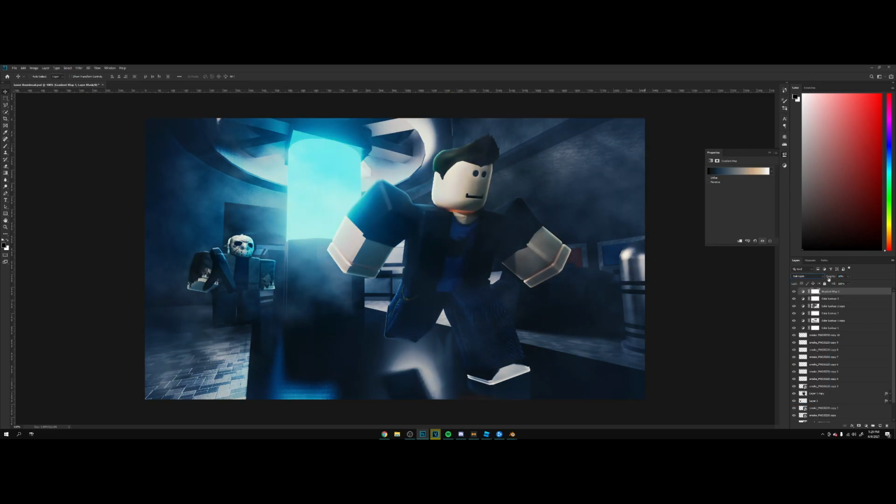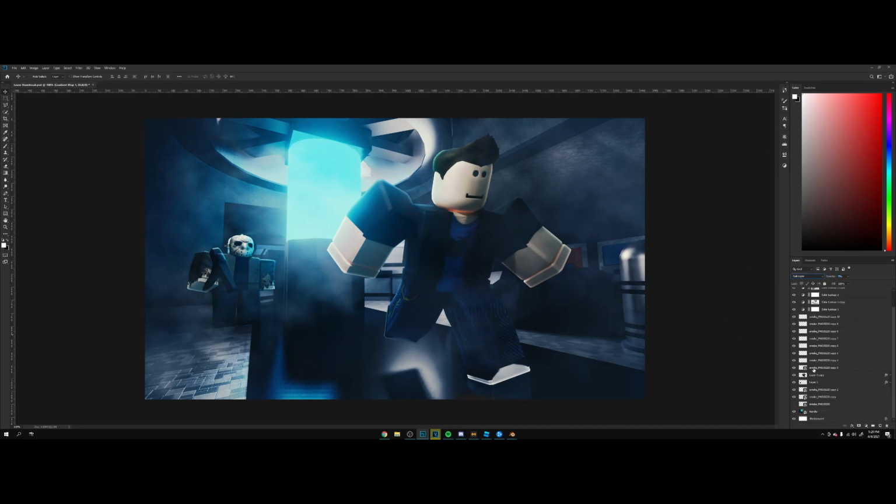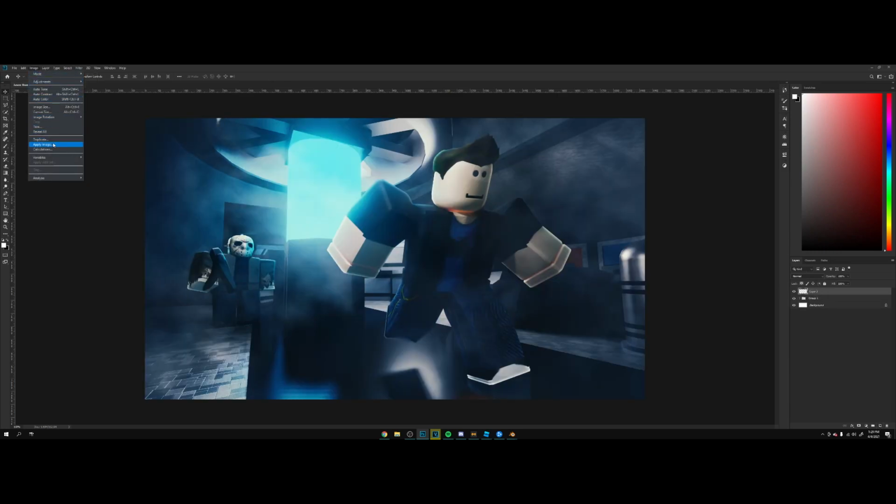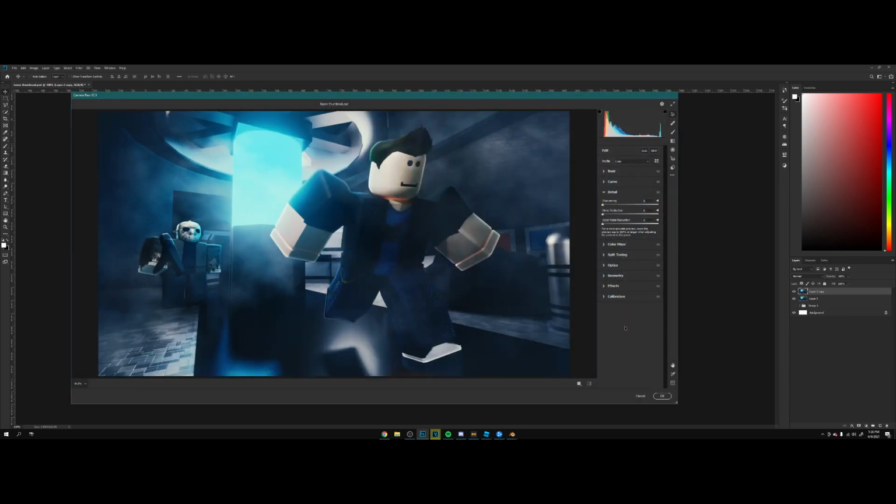Alright, so once you're happy, we're gonna take the top layer, hold shift, and click on the bottom layer. Now you want to hit Ctrl G, make a new layer, and now we're going to go to image and apply image. We're gonna hit OK. We're gonna hide this group, and now we're gonna hit Ctrl J to copy our new layer. We're gonna go up to filter, and go to camera raw filter, and then we're just going to